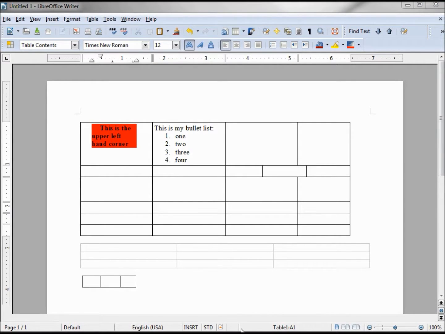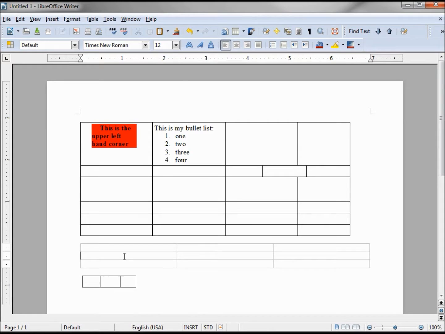If I want to select more than one cell in a table, they have to be contiguous, meaning right next to each other. I'm selecting, and I can go to the right, I can go down, I can go to the left, I can go up, but they always have to be next to the original cell to select more than one. I can't hold down Control and click into another cell. It just doesn't work in tables.